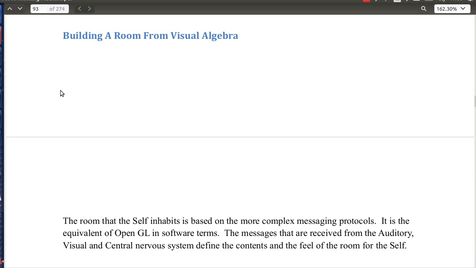In this lecture, I'm going to talk about a little bit of the brain architecture relating to autism, and I'm going to talk about how to build a visual room using visual algebra, and I'm going to talk about a few other bits and pieces. But I want to build on the idea of a room, and